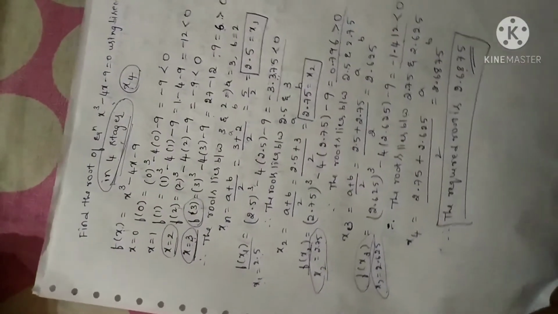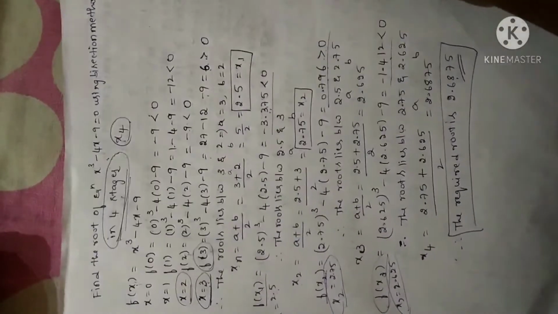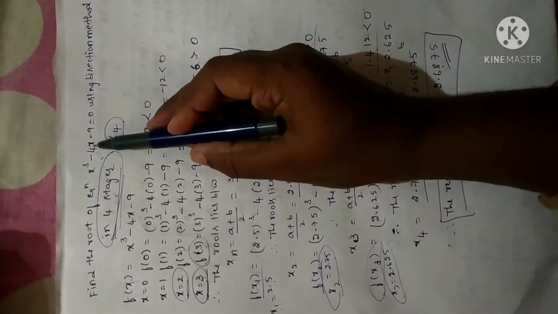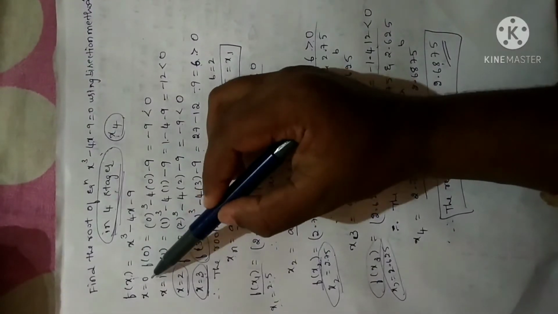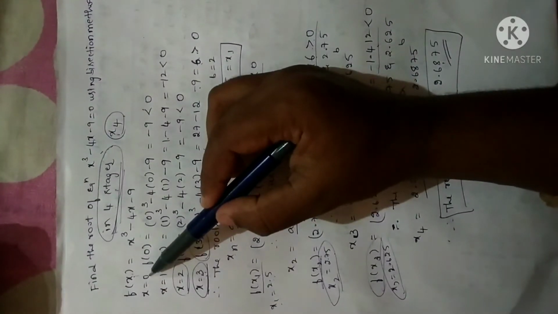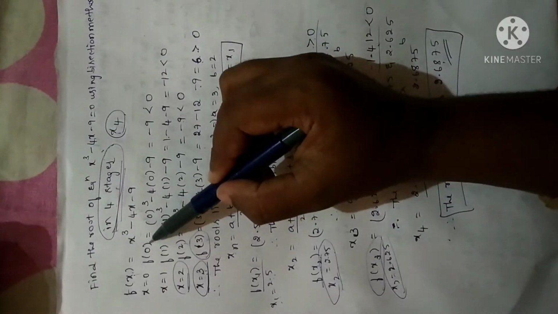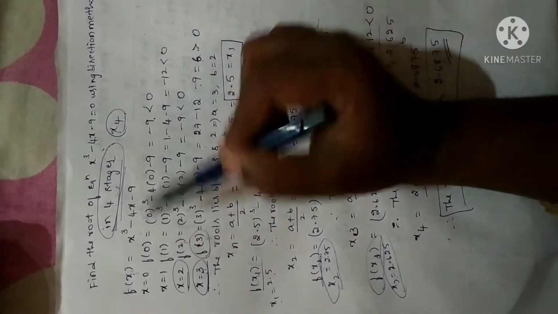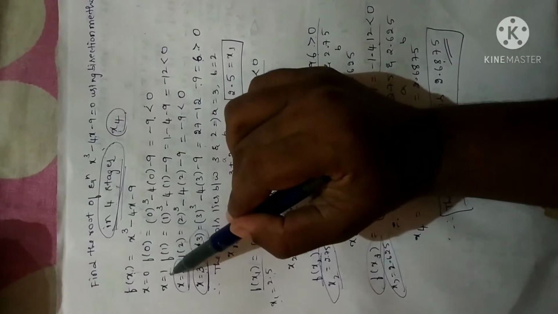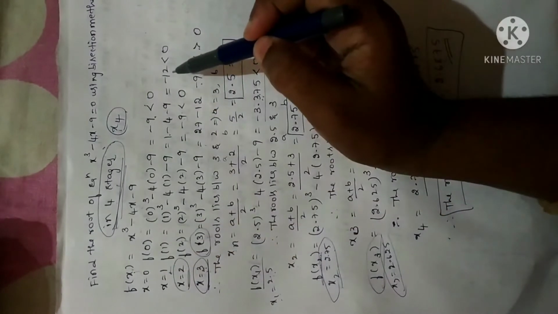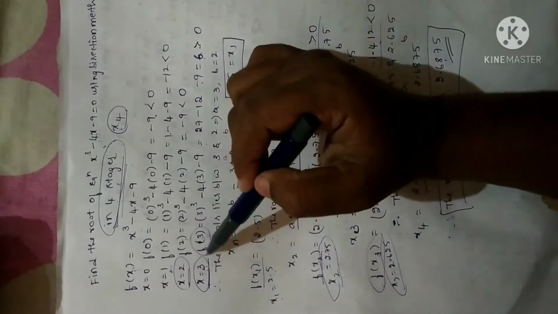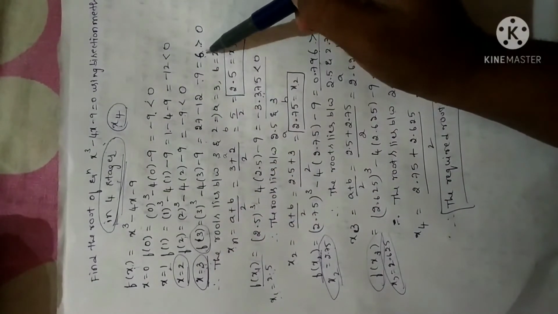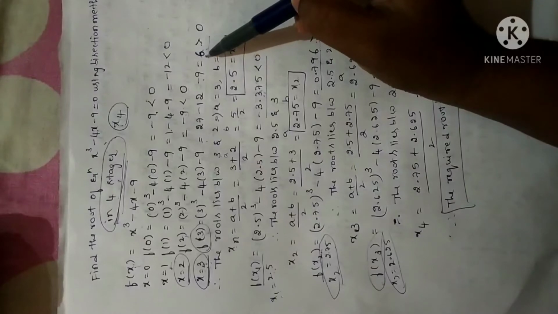Now I'll repeat once again. First step, we have to take the given value as f of x. Now we have to keep on giving the values for x right from the minimum value. So let me choose the minimum value. I have obtained a negative value. Again I'll increase the value of x from 0 to 1. Again I am getting negative. Next I am again increasing, it gives negative. Again increasing will give us a positive value.